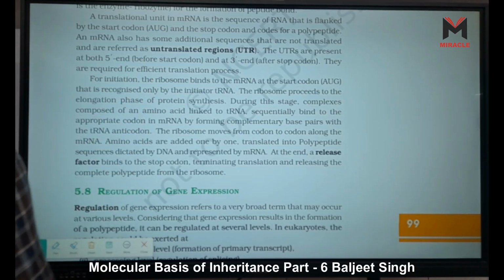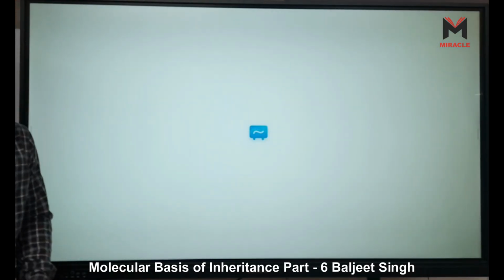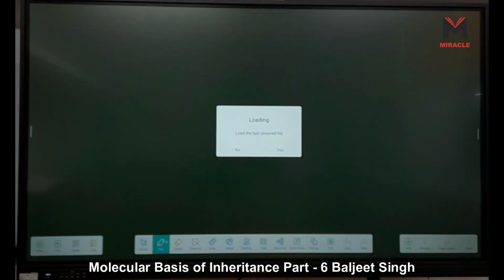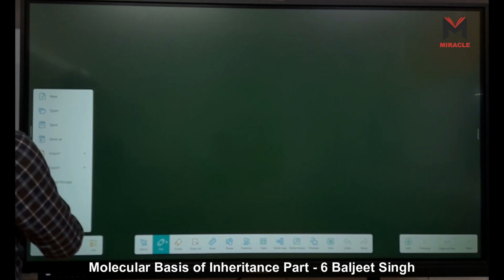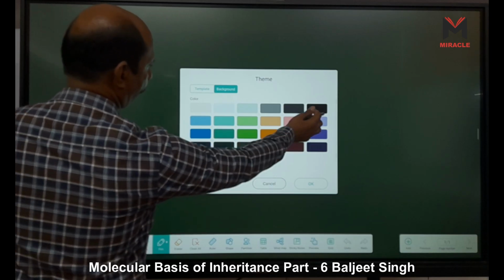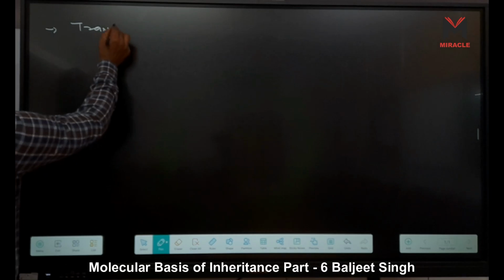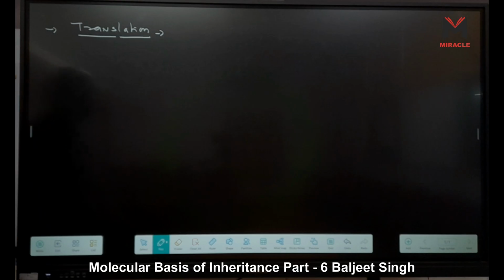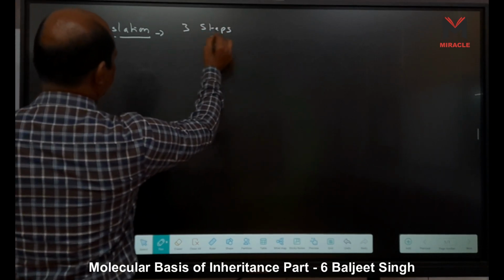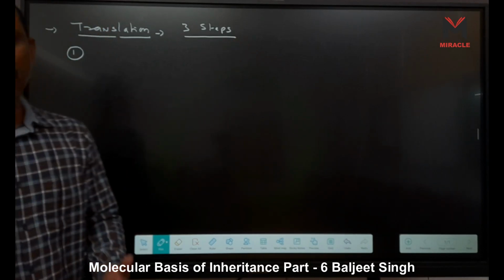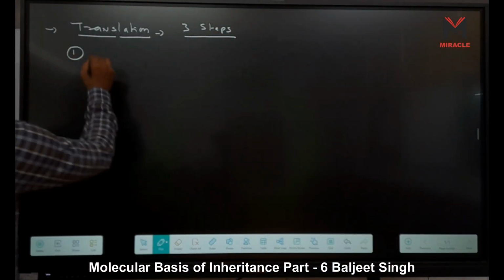translation, right? Now here we can understand very easily how a translation process occurs. When we consider the translation process, what happens? In the translation process, we have 3 steps. How many steps are there? 3 steps. Which steps? The first step is initiation, meaning start. But before initiation, what happens? Activation. In our NCERT, activation of amino acids is also given. So first we can see here